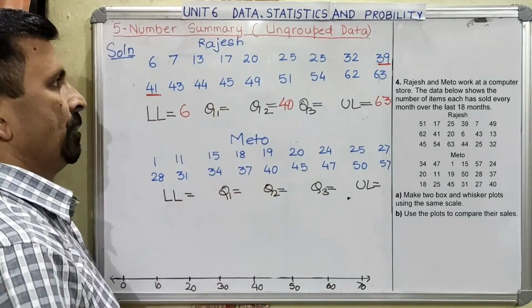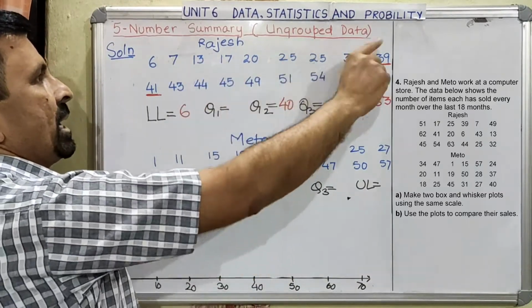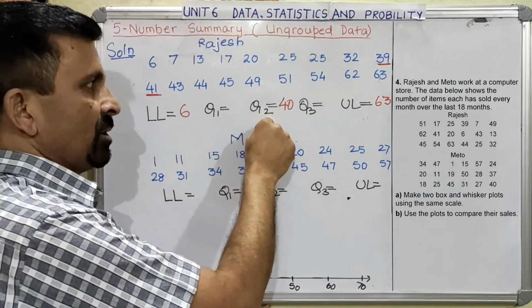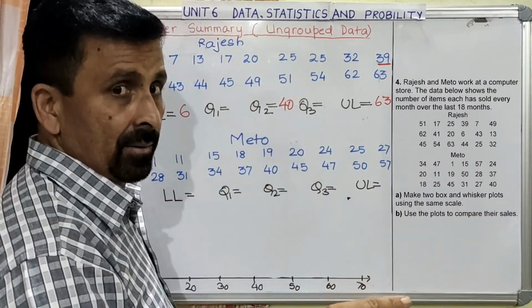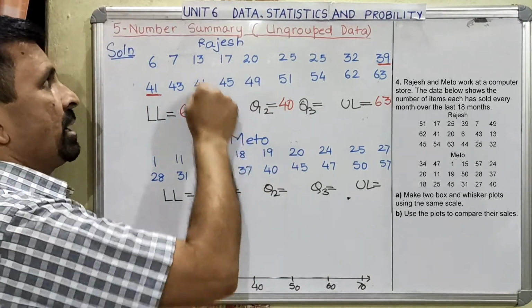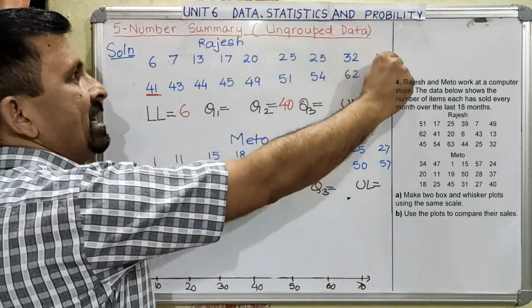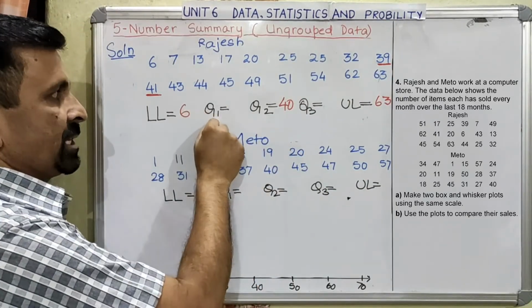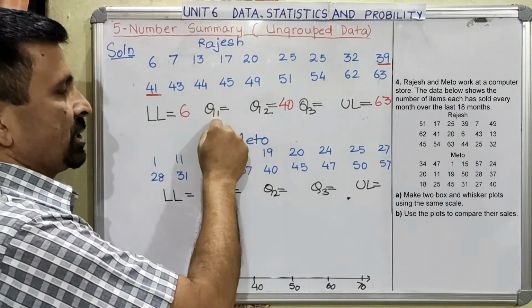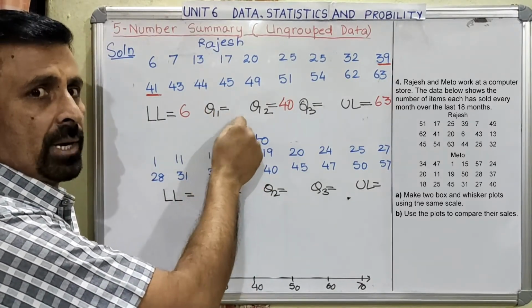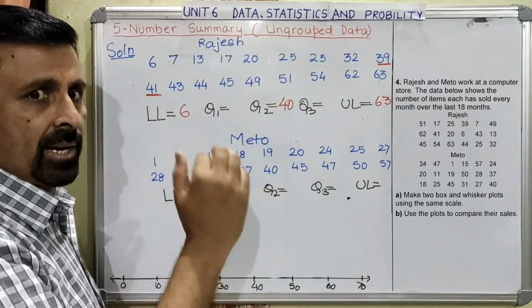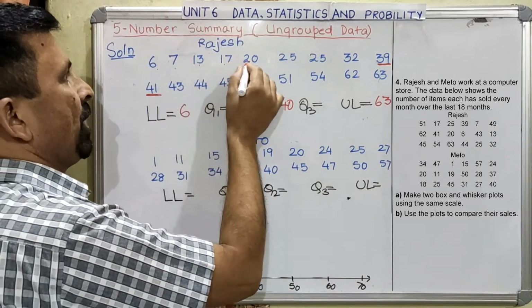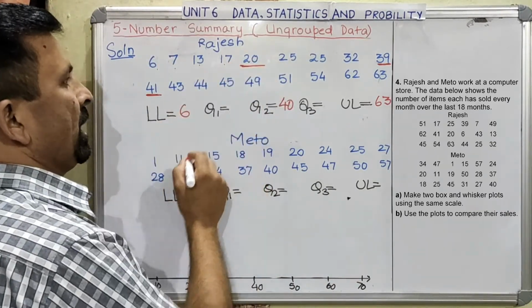Now we will calculate Q1. For calculating Q1, in total how many data do you have? You have counted. They are 9 in number. Right? For calculating Q2, you had an even number of data. But now when you are calculating Q1, you are getting an odd number of data. There are 9 data. Clear? So you will get one position. For Q2 you calculated two positions, but for this you will get only one position. That position you can calculate by using the formula (n plus 1) divided by 2. That means (9 plus 1) divided by 2. So 5th. Right? So count. Now find out the final answer. 1, 2, 3, 4, 5. So this is your Q1.